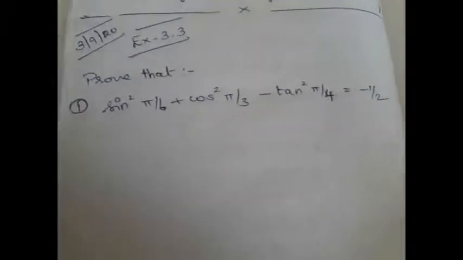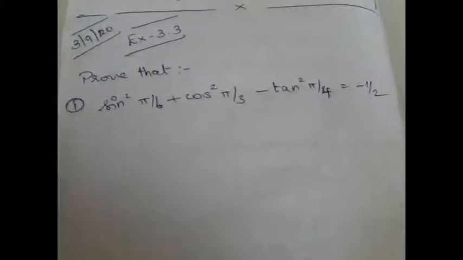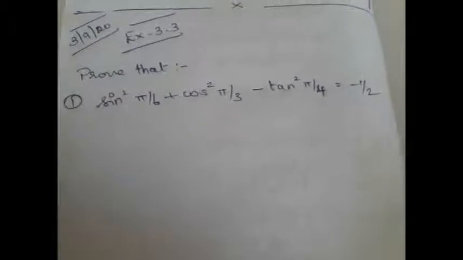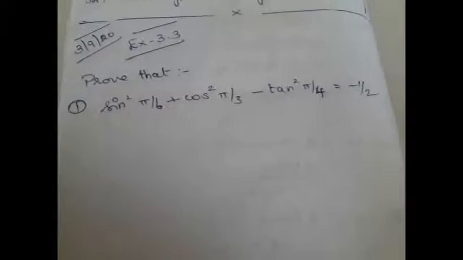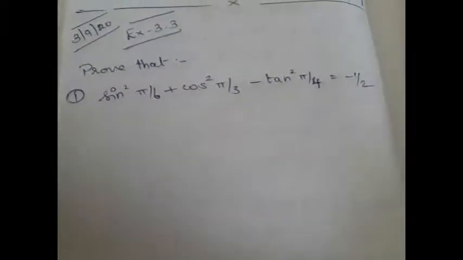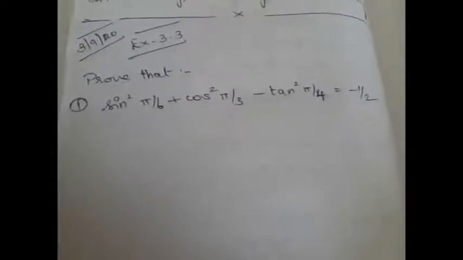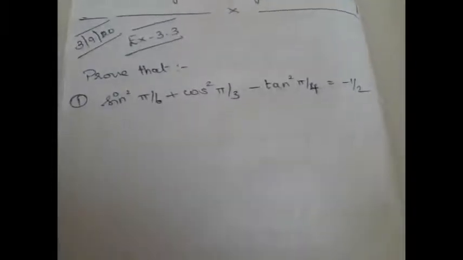Hope you all have memorized all the identities, the trigonometric ratios of the standard angles and the known results which I asked you to learn. Only if you know all those things can we solve the problems in an easier way. If you don't know the standard angle trigonometric ratios or the identities, then definitely you will struggle. If you know all those things at your fingertips, we can easily solve the problems, right? Hope you have learnt it.